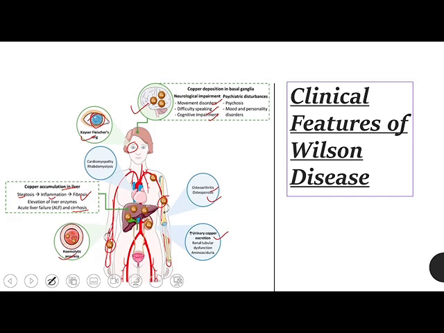blood circulation, and that will lead to the increased urinary copper excretion and the renal tubular dysfunction. What happens that the